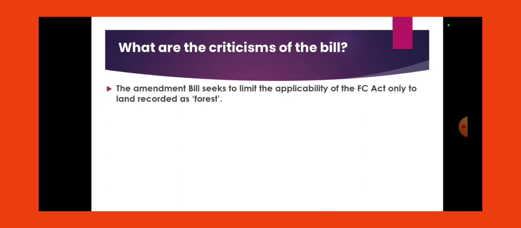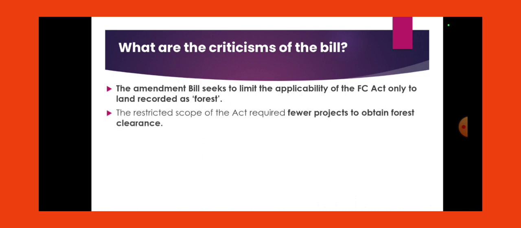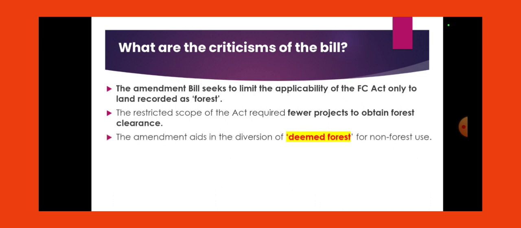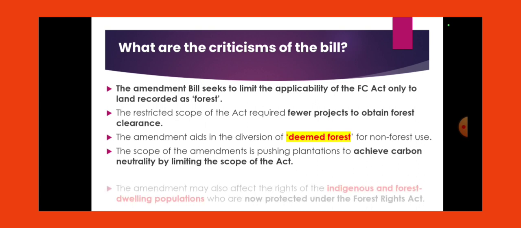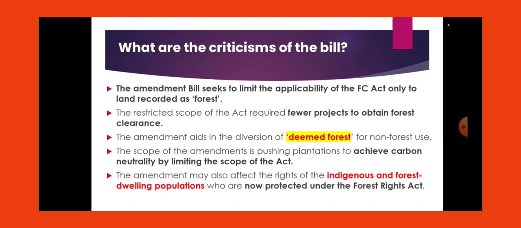The amendment bill seeks to limit the applicability of the Forest Conservation Act only to land recorded as a forest. The restricted scope of the Act requires fewer projects to obtain forest clearance. The amendment aids in the diversion of deemed forest for non-forest use. The scope of amendments is pushing plantation to achieve carbon neutrality by limiting the scope of the Act. The amendment may also affect the rights of the indigenous and forest dwelling population who are now protected under the forest